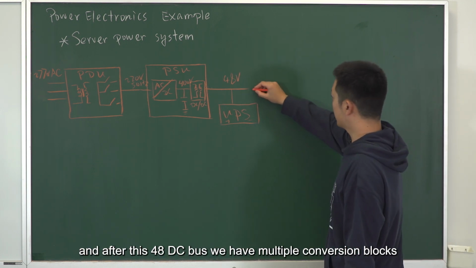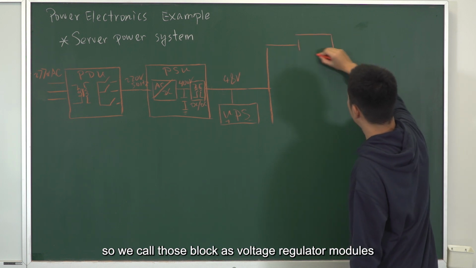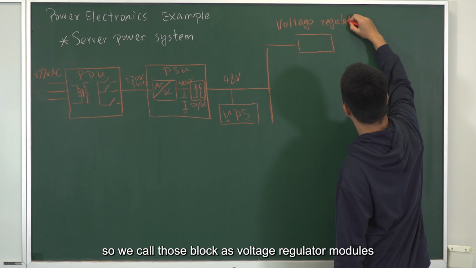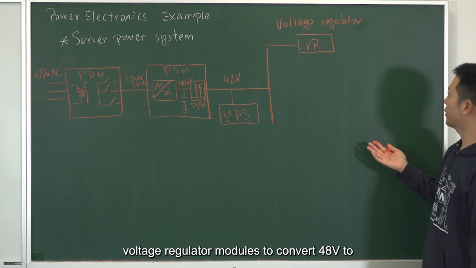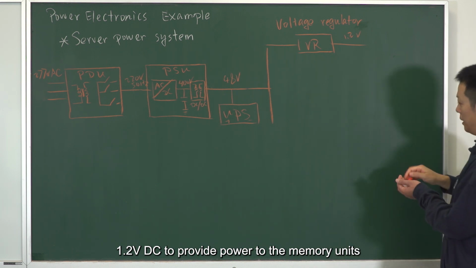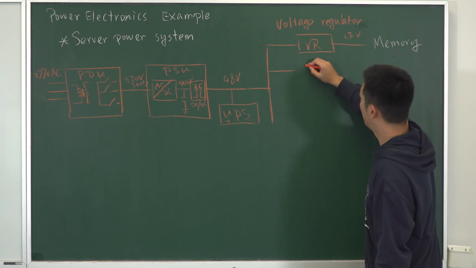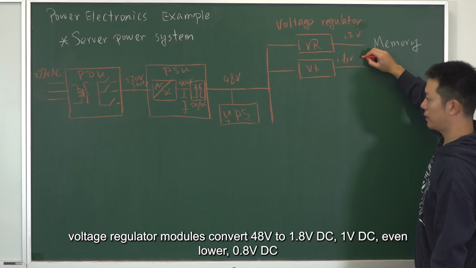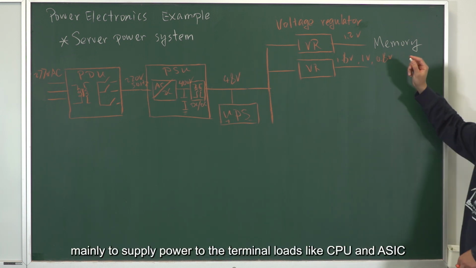And after this 48 DC bus, we have multiple conversion blocks. We call those blocks voltage regulator modules, right? So VR modules. For example, we need voltage regulator modules to convert 48 to 1.2 volt DC to provide the power to the memory units. And also we need voltage regulator modules to convert 48 to 1.8 volt DC, 1 volt DC, even lower, 0.8 volt DC, mainly to supply power to the terminal loads like CPU,